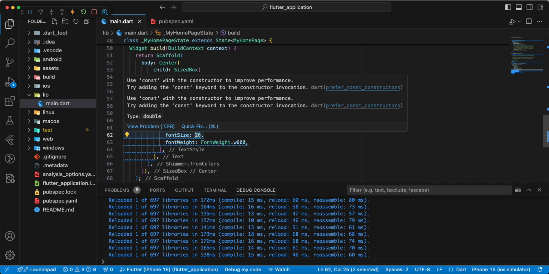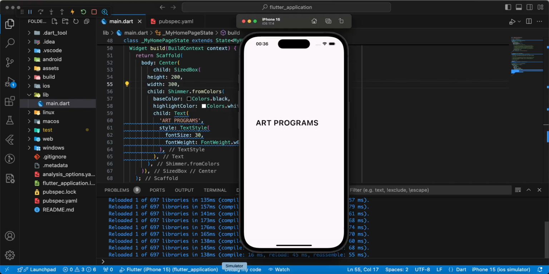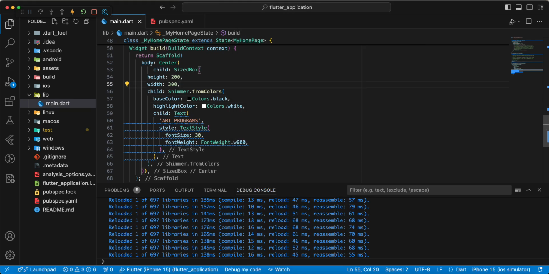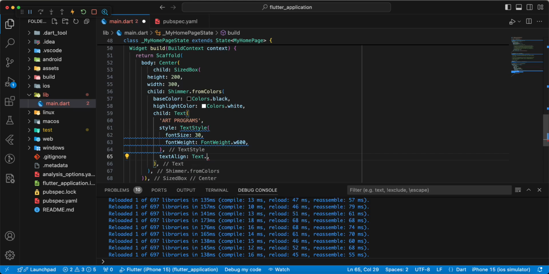and we can update width 300 and write text "elegant center",